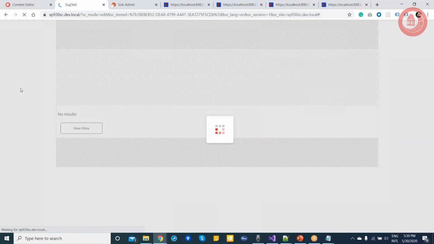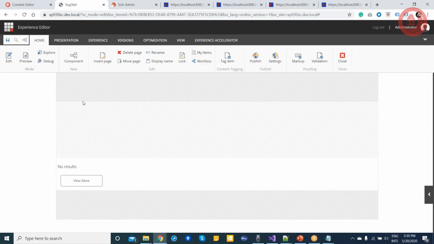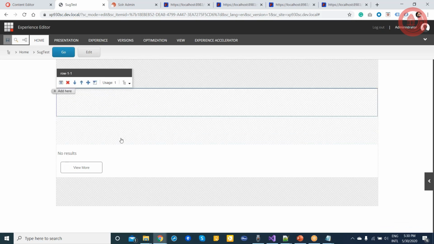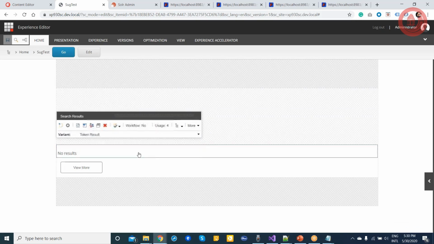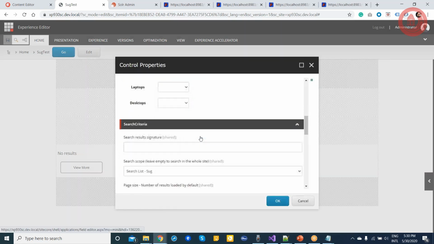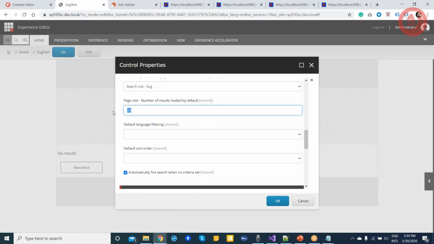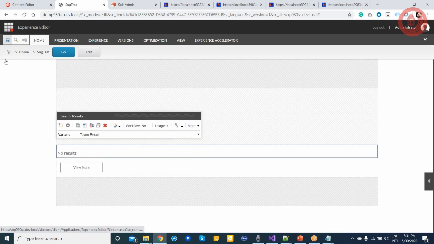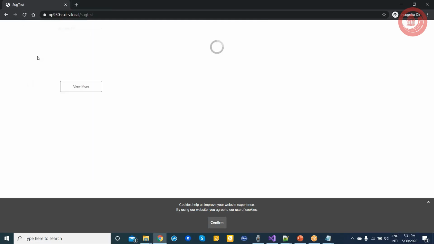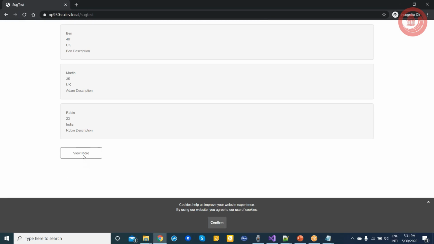And if I save it here, because I have only 4 records, and in the result components, I gave the maximum as 20, I won't be able to see the view more. So I will keep this result, let's say, for 3. And if I save this one, and if I just click this one, now I can see the view more option. When I click this one, you would see more data.